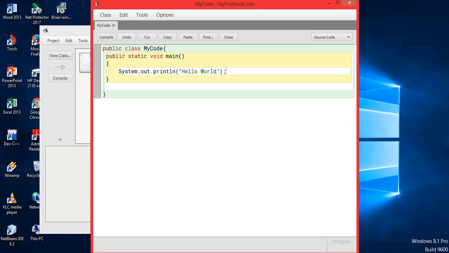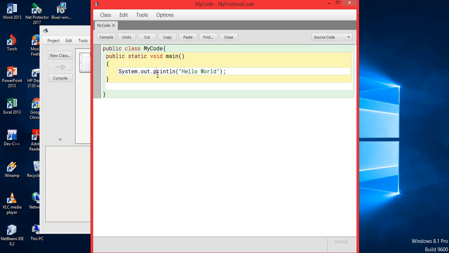Okay, let's understand this much again. I said that the main method is the program driver. This is the place where the computer starts reading the code from. So what is all of this which is written right beside this? Public means it's universally applicable. That means wherever you write this set of code, it will be accessible from anywhere. Static means it's going to run only once in the entire life cycle of this code. That's why it is static. Void means that it is used for performing a certain task and does not return anything. That's why it's void. And then main is the name of the method.